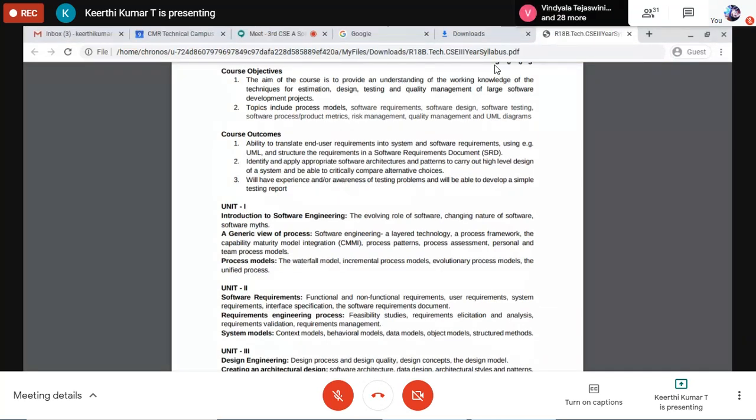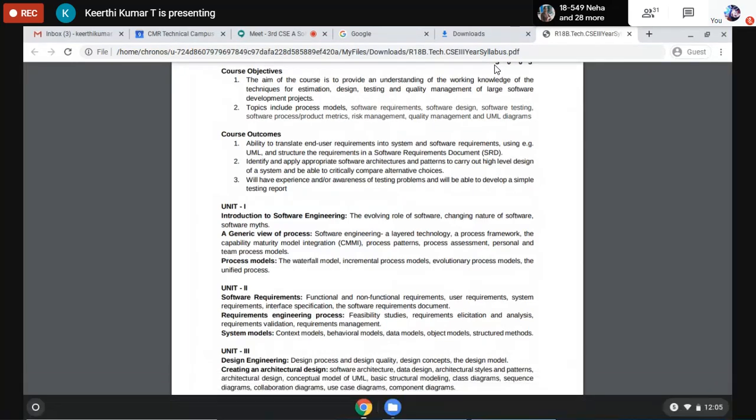and then the user requirements. I actually didn't show how the user requirement document is going to look. In this session, I'm going to show you a sample of how the user requirement document will look like, and also how the system requirements would look like, and also a sample software requirement document as well,